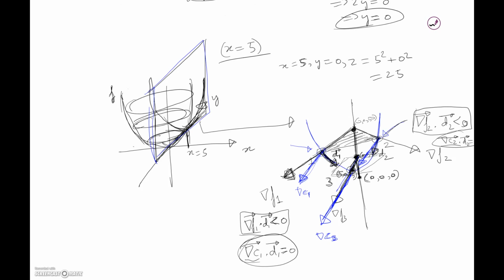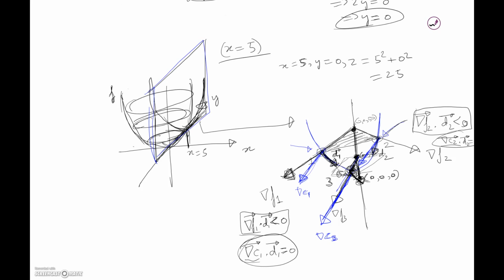So we can keep doing that until we get to this point 3. And at point 3, something special happens. Now del f and del c align. And what that means is that, I mean, it's technically possible to decrease f further. f is 25 here, but at the origin, all the way down there, it's actually 0. So it's possible to go from this point where it's 25 to the origin where it's 0, hence decreasing it further. But if you go towards the origin,